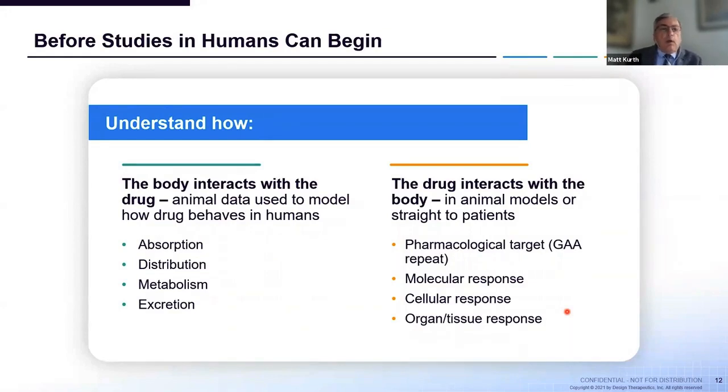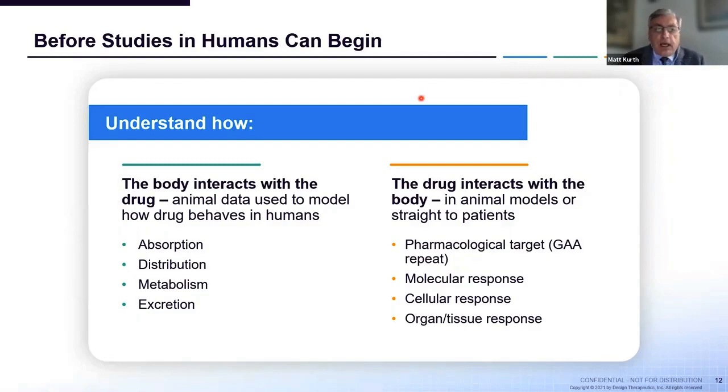Now, before we get into the humans, we have to do a number of other things. I just wanted to go back a little bit and describe the approach to getting these drugs into humans, into what we call phase 1 or first in human trials. Obviously, we have to have sufficient drug, but more importantly, the interaction between the body and the drug has to be somewhat understood. And we use animal data from the mice, rats, and monkeys to figure out how well the drug is absorbed. In this case, we're using a small injection into veins, how it's distributed throughout the body, how it's metabolized, and how it's excreted.